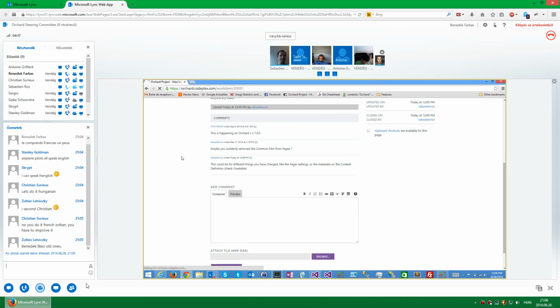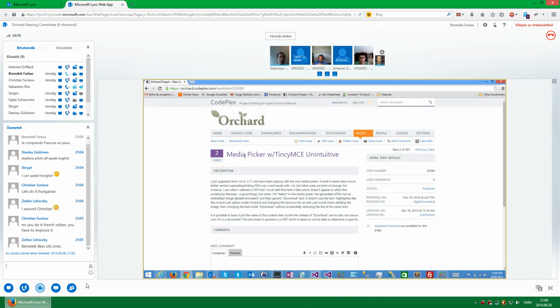Okay, one less. Media picker with any MC and intuitive.